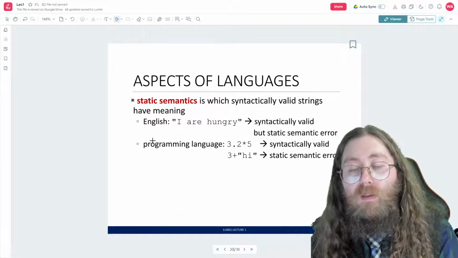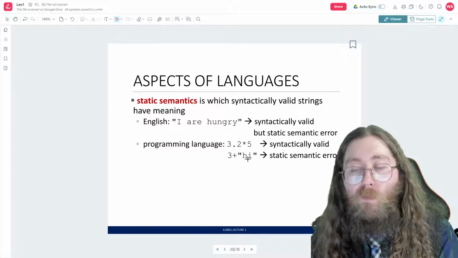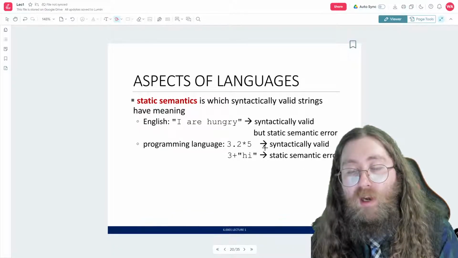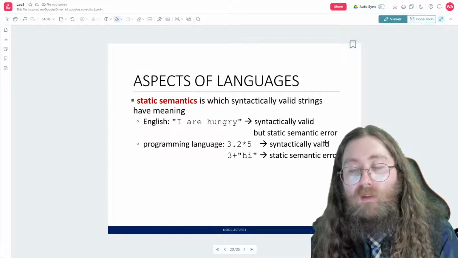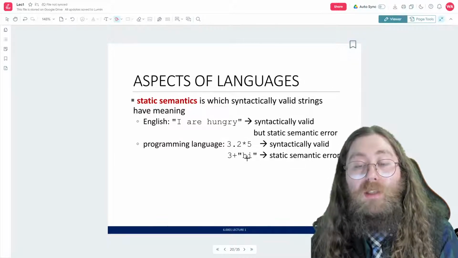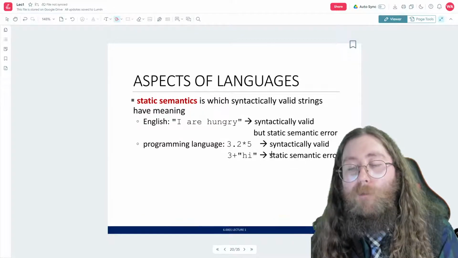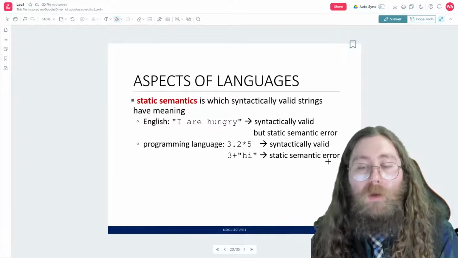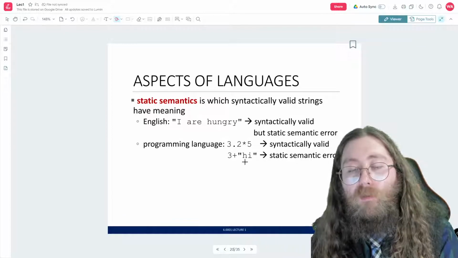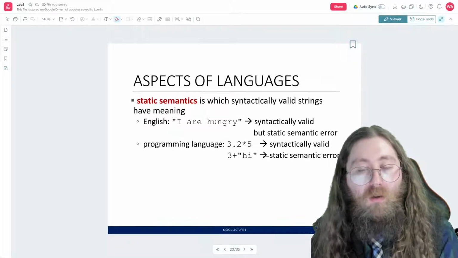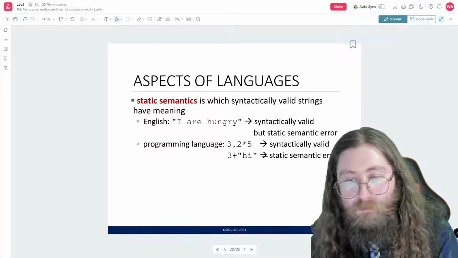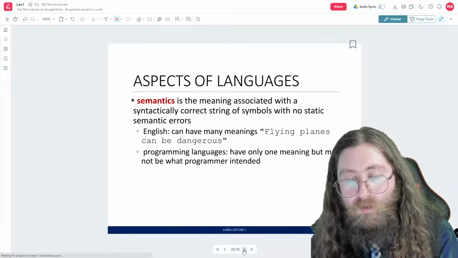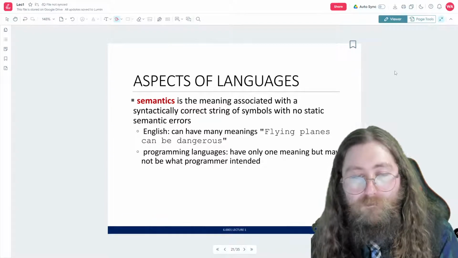And then in this example here, 3.2 * 5 is syntactically valid, but then 3 + "hi" has a semantic error there, okay? It's like I'm close, but not quite close enough. These things are very picky.